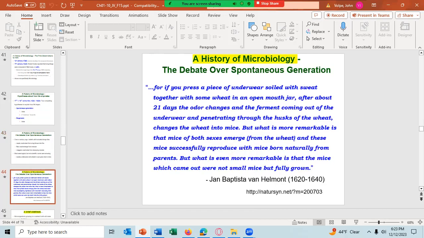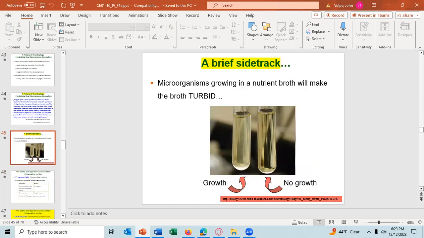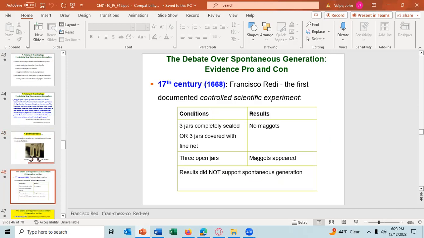You should know the history of microbiology was largely concerned with the debate over whether microbes or all organisms could spontaneously generate, or whether all living organisms came from another living organism, called the theory of biogenesis. Everyone always agreed that a baby came from two parents, but they did state that other organisms could spontaneously generate. And Francesco Redi gave the first evidence that spontaneous generation did not occur with complex organisms,